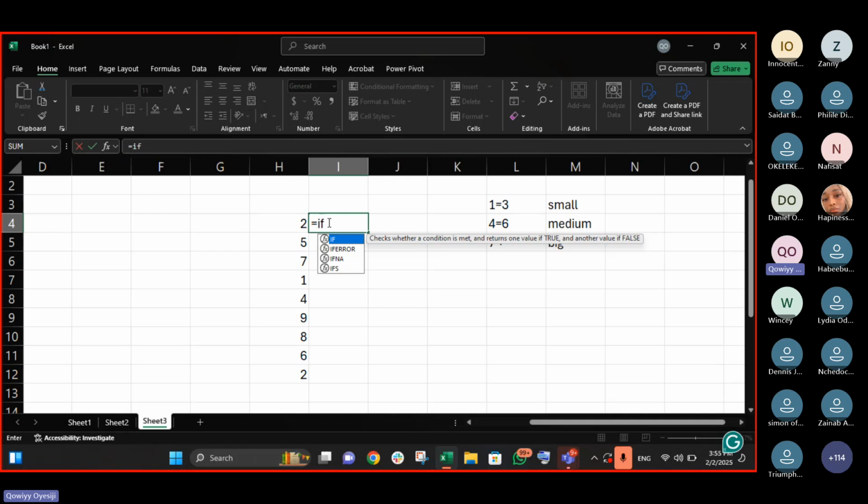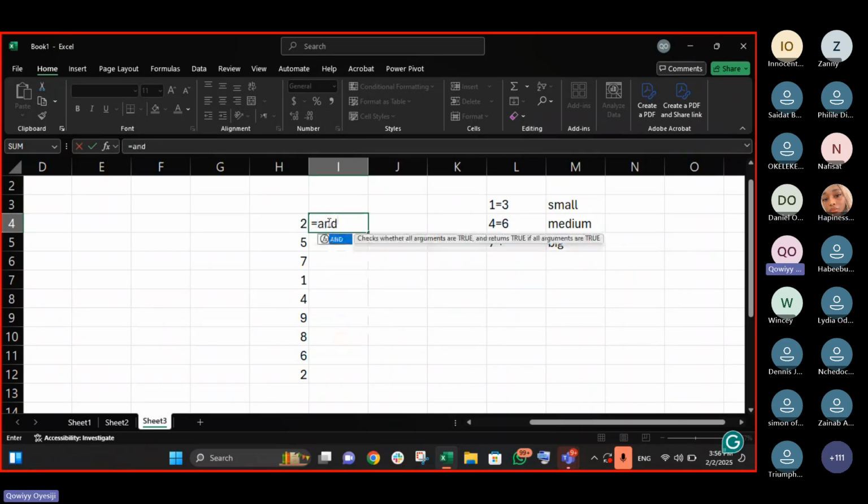For example, if I say I will go to USA, I will go to United Kingdom, and I will eat shawarma. Now, if I eat shawarma and I do not go to United Kingdom, is that true? It's not true. If I go to United Kingdom and I do not eat shawarma, is that true? False. So that means for it to be true, my 2 conditions must be met.